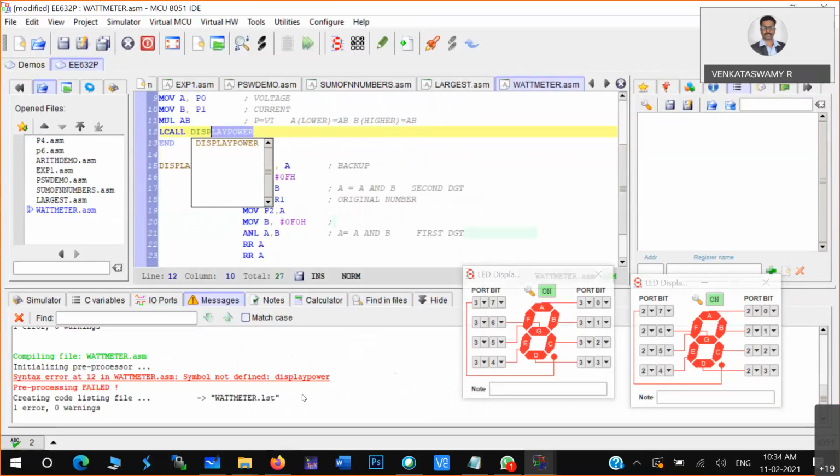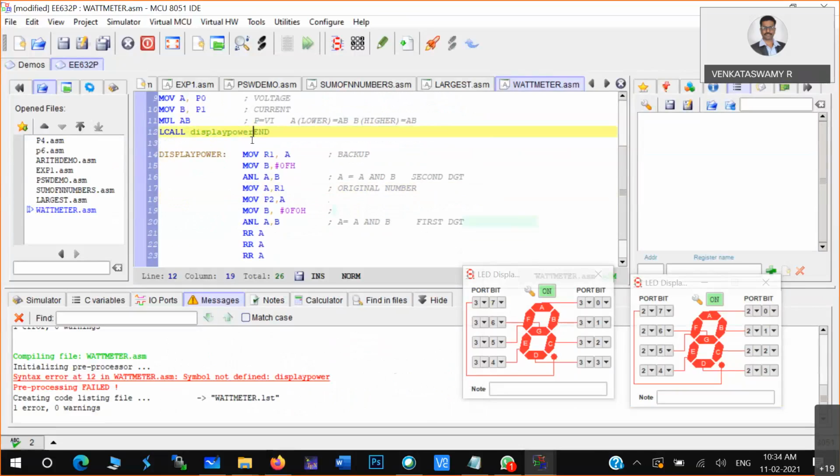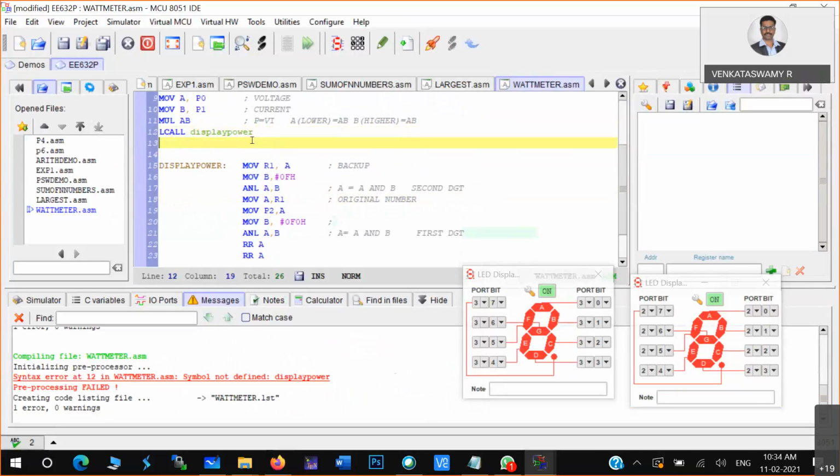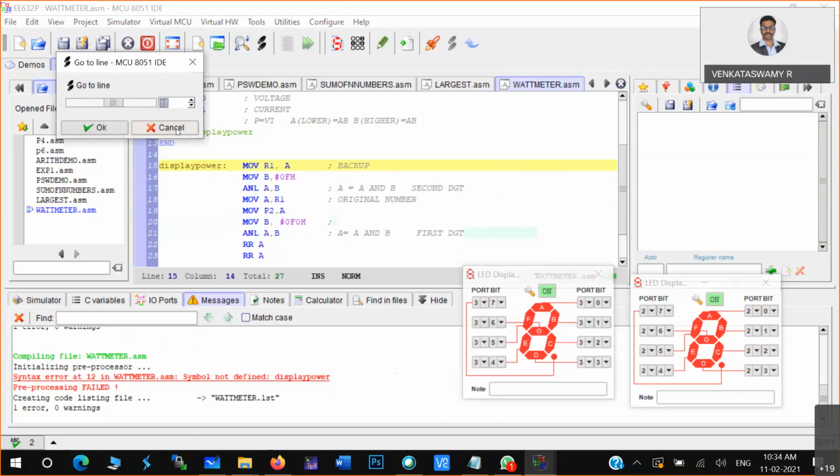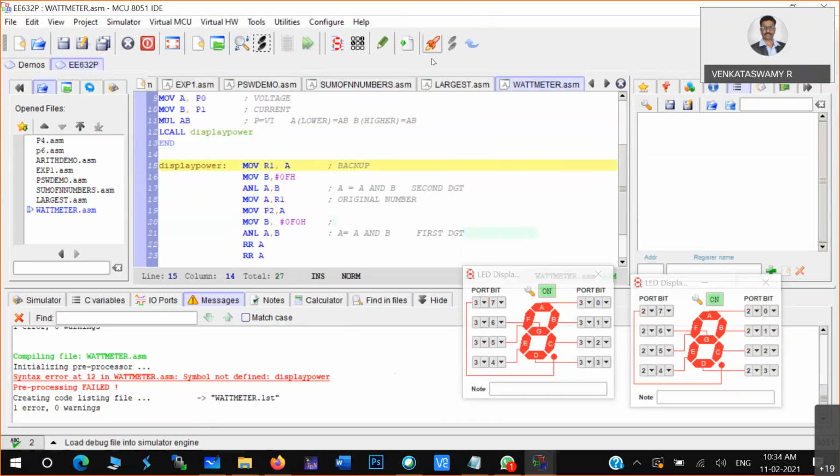Let me use this small letter only. Display power. Maybe.